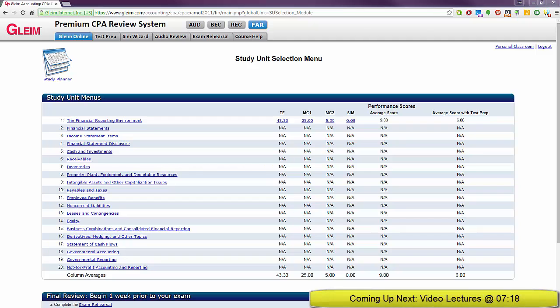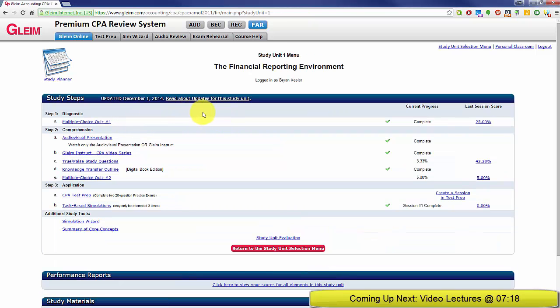Okay, once you have your study planner all set up, it's time to start going into the individual study units and following your plan. This is the first study unit for FAR, and as you can see, there's a 3-step process that you're going to follow. The first one is diagnostic, which is just a quick multiple choice quiz to test your previous knowledge,